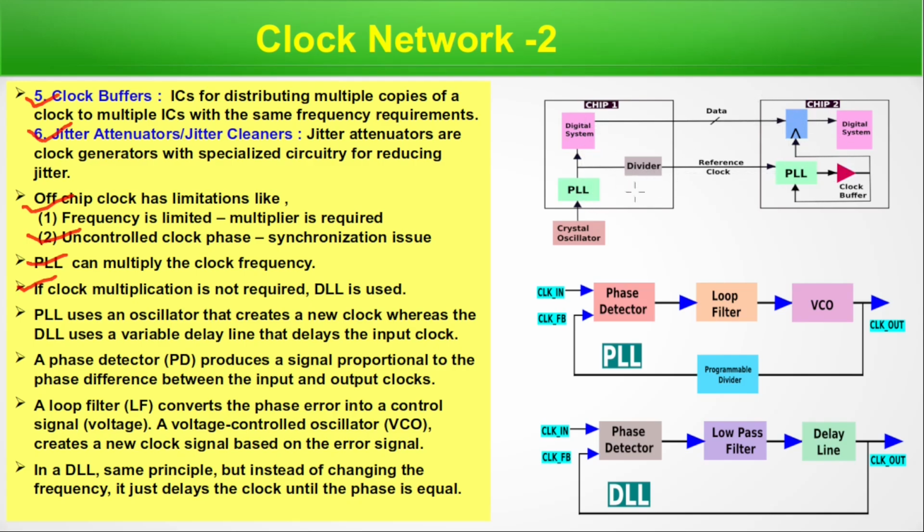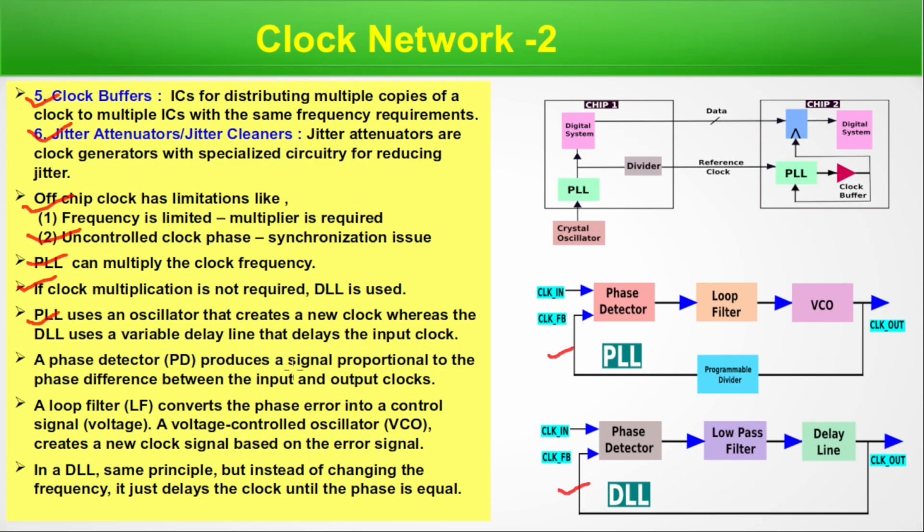Now, there is another chip. The main frequency is coming from this crystal oscillator and that is fed to one chip, that is to another chip. The way we have said. Now, PLL, these two diagrams, one is for PLL, this is of DLL. So, PLL uses an oscillator that creates a new clock, whereas the DLL uses a variable delay line that delays